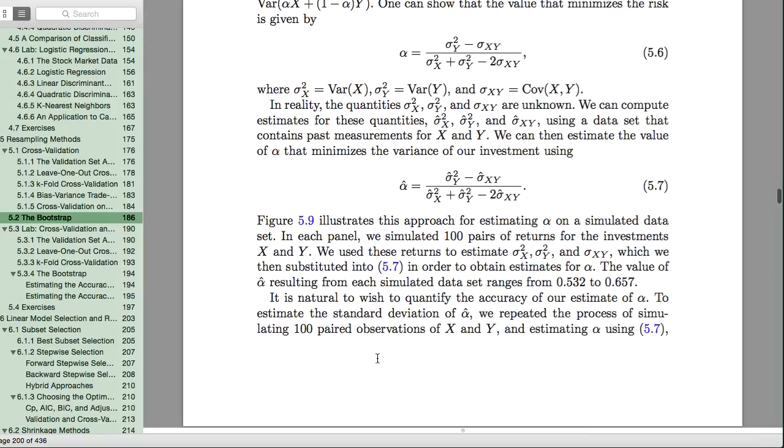So what we're going to do is to figure out how good our estimate of the best alpha is. See that we get these ranges of alpha in here. So this would suggest that 53% is invested in X, and this would suggest that 65 or 66% is invested in X